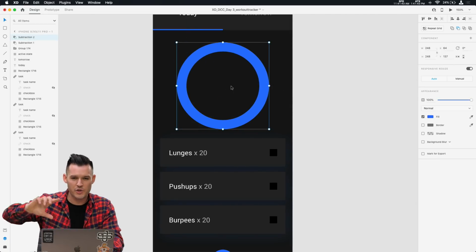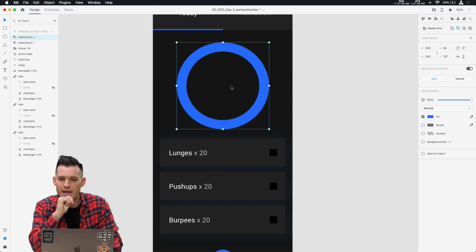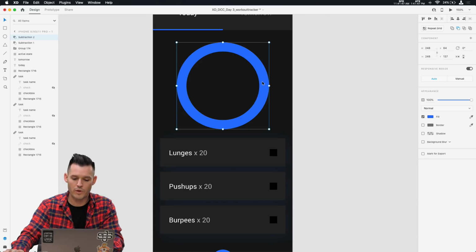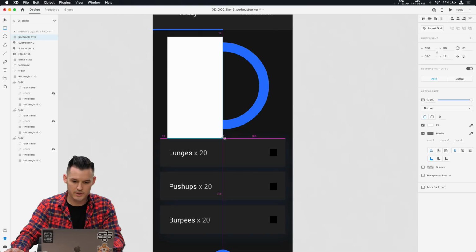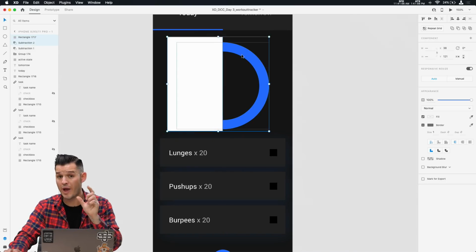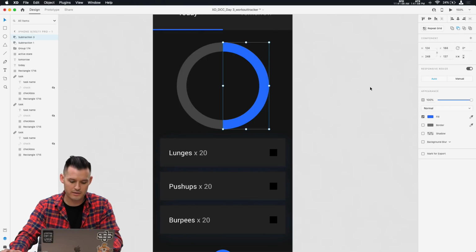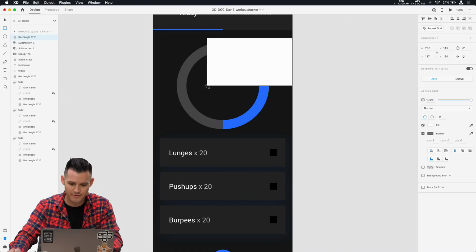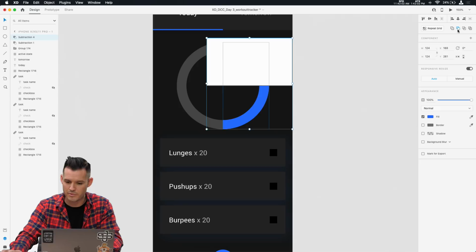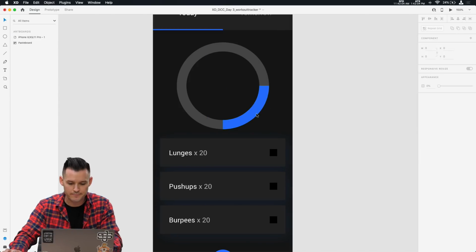So here's our full pie. So it's hard to animate this thing around. And what we wanna do is, we wanna bring in a shape, I think. I'm gonna bring in a rectangle. What I'm gonna do is, I'm gonna bring that there. I'm gonna select my blue active state. I'm gonna subtract. I'm gonna do it again. I just want half of that pie. And there's probably other ways to do what I'm doing. This is just how I'm gonna do it, okay?